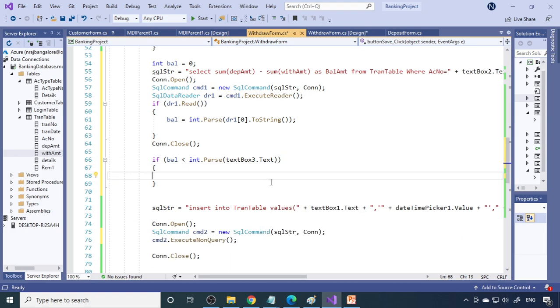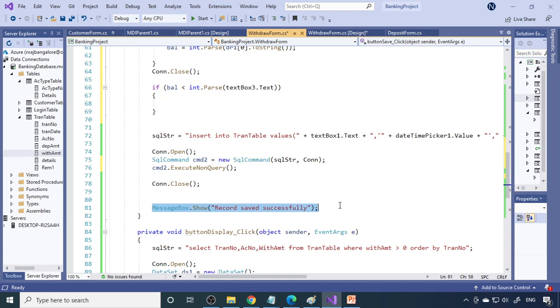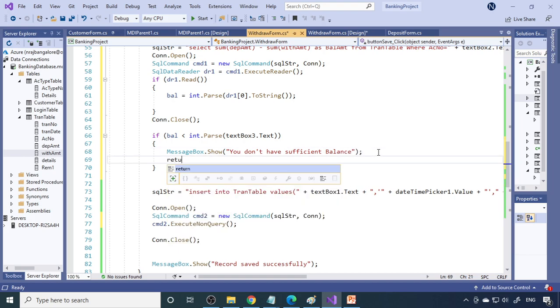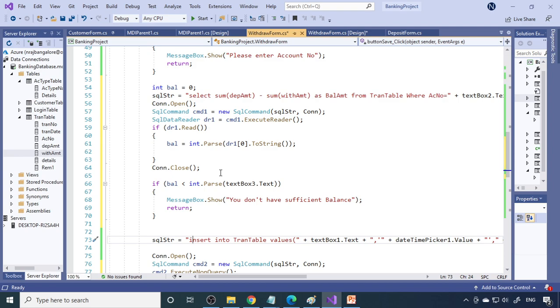Then you can give the message box here: you don't have sufficient balance to withdraw. And don't forget to put the return here. Return is compulsory because otherwise it will execute again. So it's important.